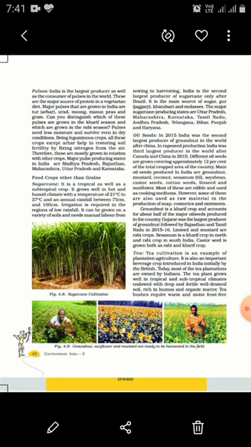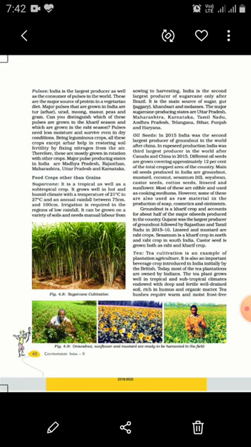But tea is mostly grown in our country in the northeastern states, that is Assam, Arunachal Pradesh, Meghalaya. Apart from that, we can see the growth of tea in Darjeeling and Jalpaiguri district of West Bengal. In South India, in the Nilgiri Hills, and some parts of Karnataka and Kerala also, tea is cultivated. Apart from that, even in North India, that is Himachal Pradesh, Uttarakhand, and some parts of Jammu and Kashmir, we can see the cultivation of tea.